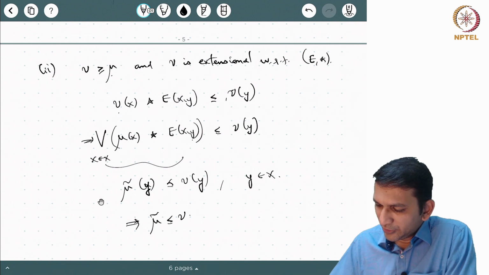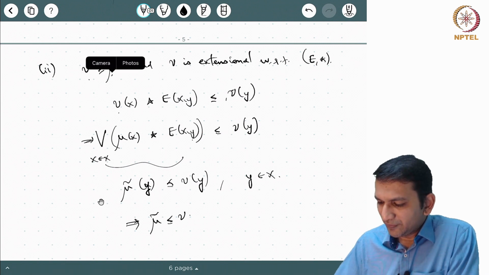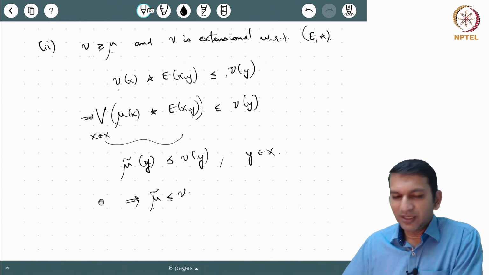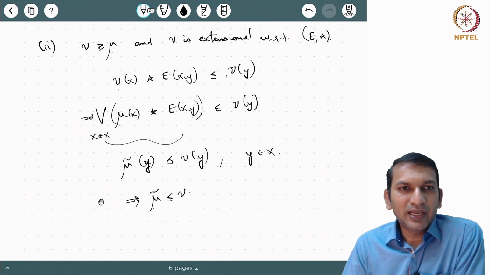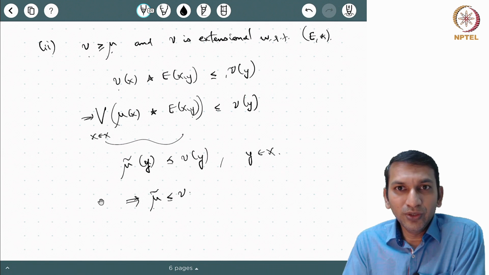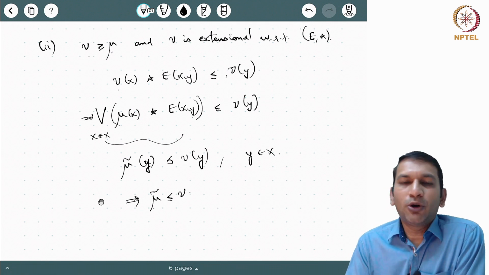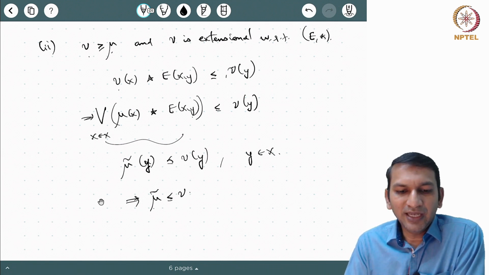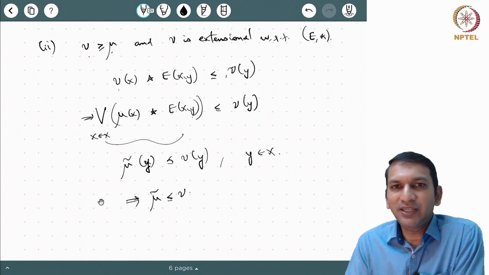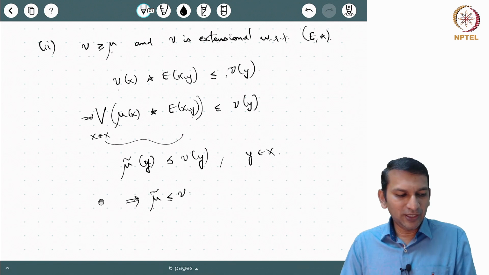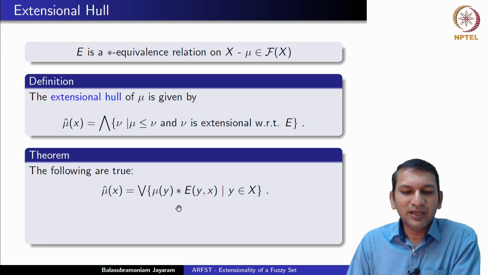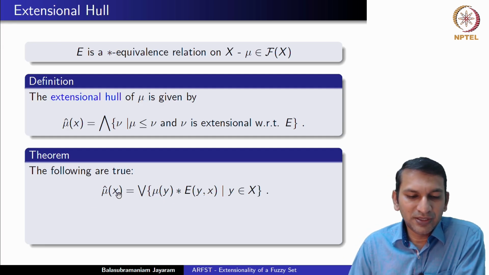Note that mu was originally extensional. We have shown that mu tilde is extensional, and we have shown that if there exists any other extensional fuzzy set mu which contains mu, then it also contains mu tilde. In that sense, by the definition of mu cap, we see that mu tilde is in fact equal to mu cap. So we have given an internal characterization, a representation, of mu cap,